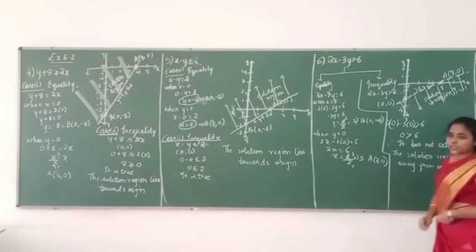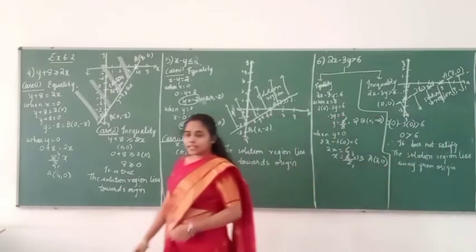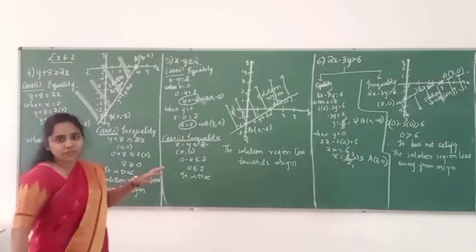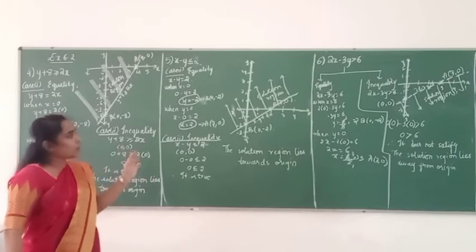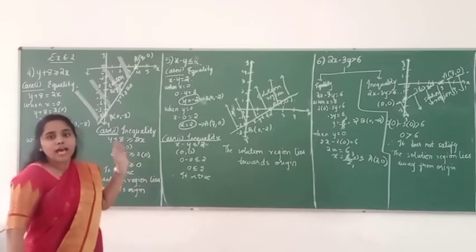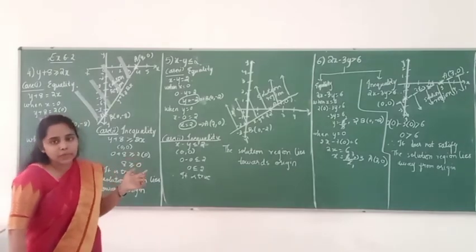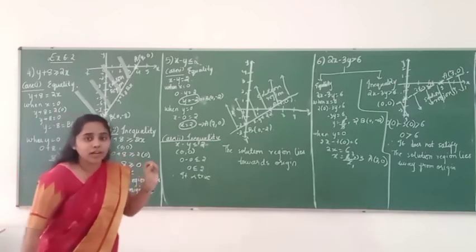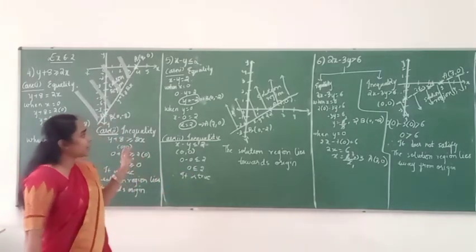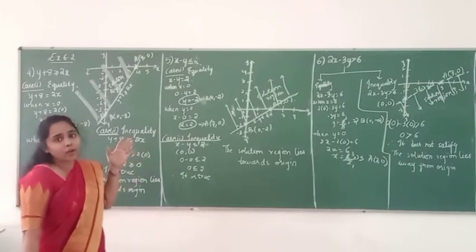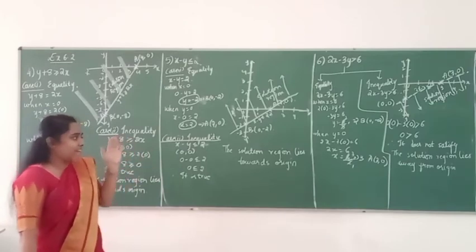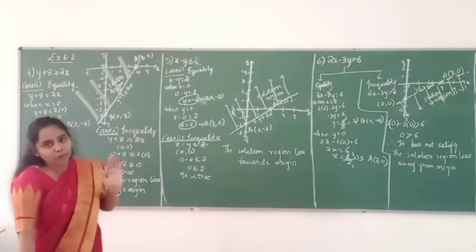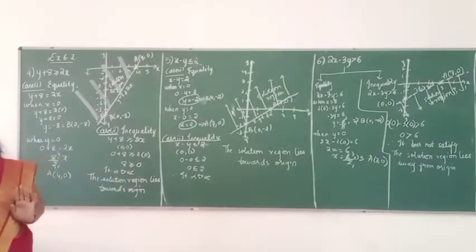See here, each and every problem I am solving on the board. When you are solving in the book, you just write down the question, pause the video, solve it on your own, and later cross check whether the answer is right or wrong. Because what we are solving is linear inequality, graphical representation of two variables. If it is one variable, we did it on a number line. Here we draw on the graph by representing it on the x-axis and y-axis. If it satisfies, then it will be towards the origin. If it does not satisfy, it will be away from the origin. Hope you are getting whatever I am solving on the board.